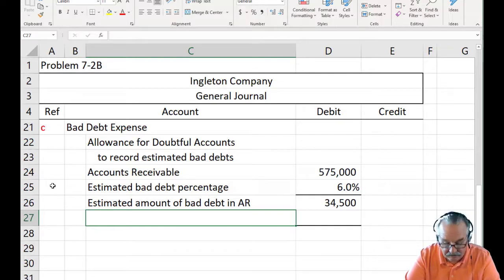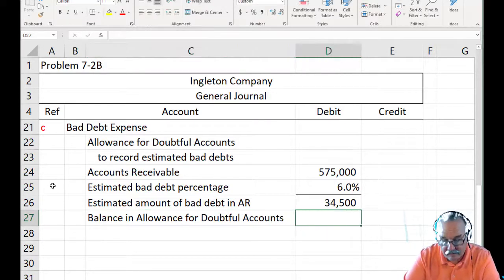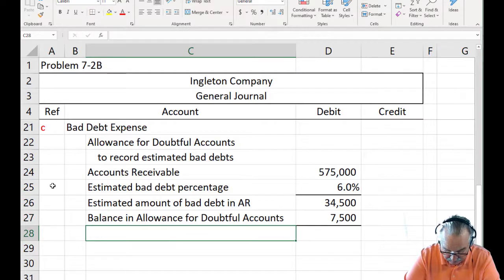The balance in the allowance for doubtful accounts is a credit balance of 7,500, which means that our adjustment amount